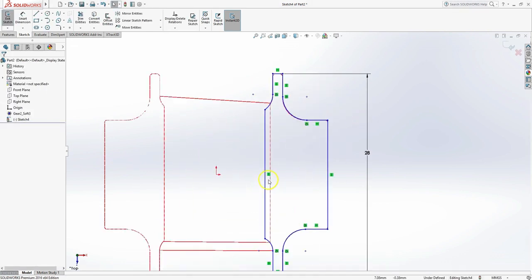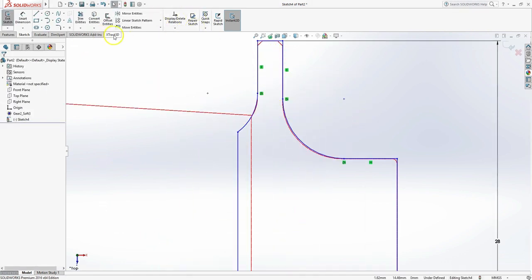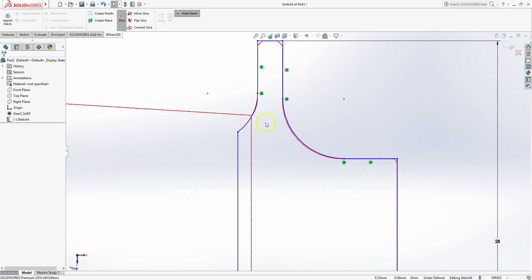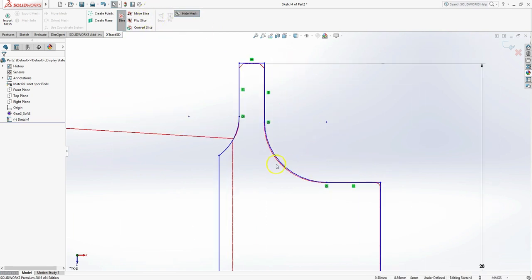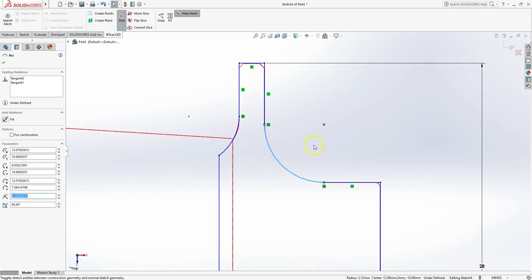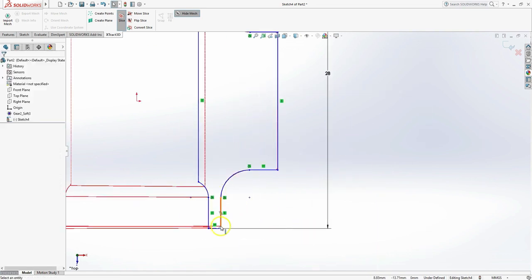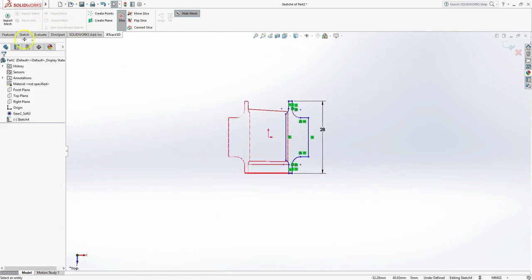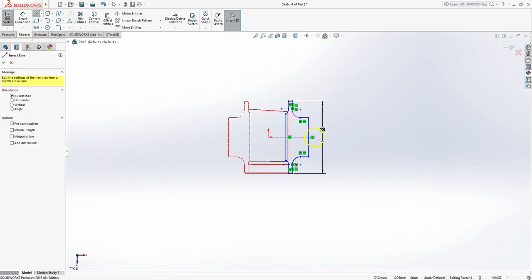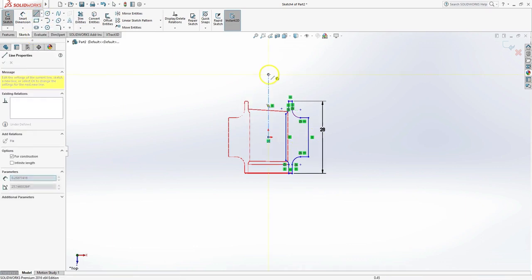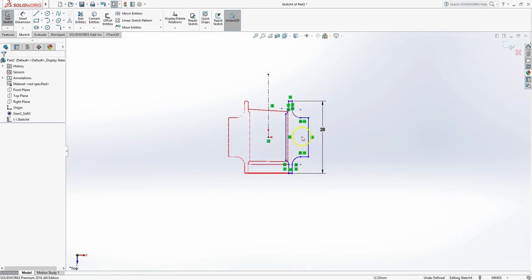We can go through and define the ones that we want, and then use the Extract 3D to fit the remaining curves to the right spot. So I'm going to go ahead and clean that up just a little bit, get that a little closer. And I think I've got it where I want to go. And I need a center line down the middle, right there, that we can revolve it around. And there we go. So we've got our sketch.